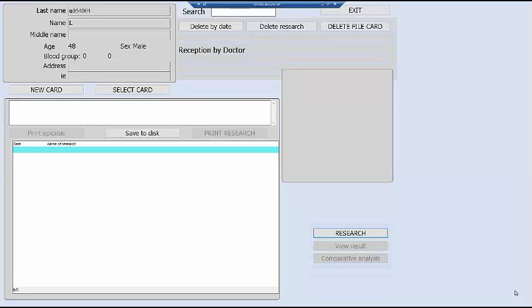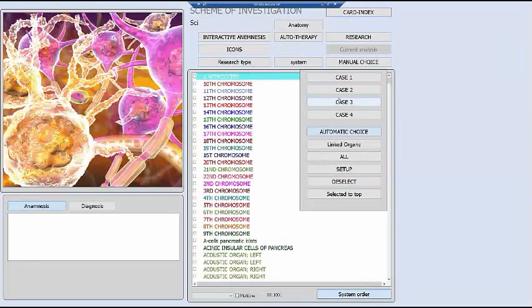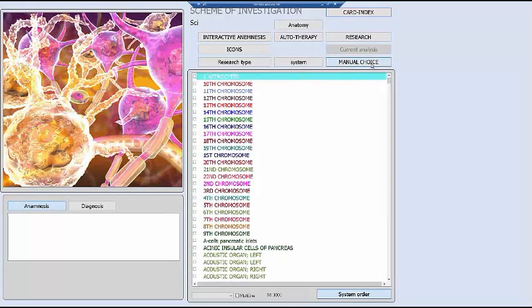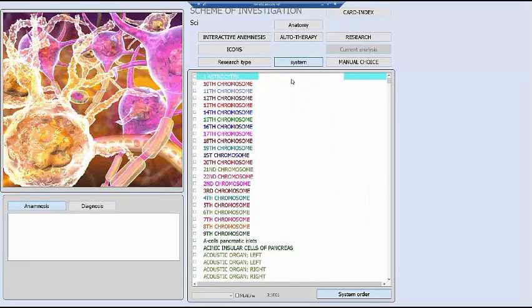In this video, we're going to discuss how to perform a scan. So here we are at our screen where we're ready to start. We're going to hit Research, which will take us into our scan selection screen. In this one, we're going to do the manual choice and get rid of all of the ones that have been pre-selected. Go to System, and we're going to do the elementary scan. So we click on elementary,